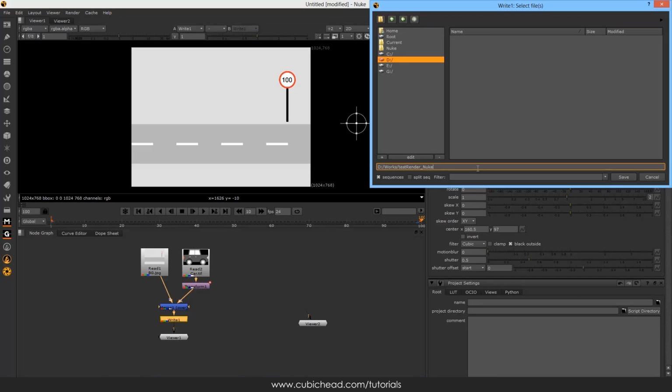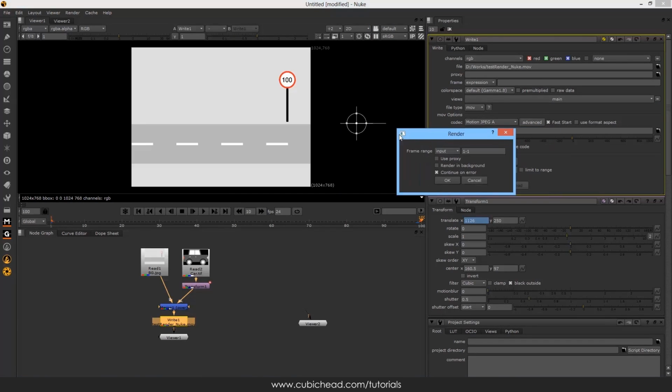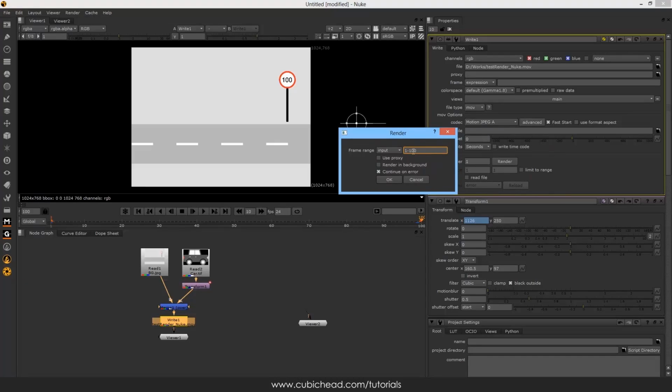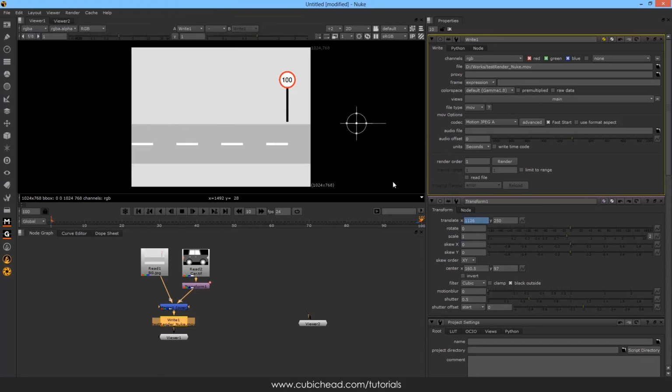Make the file type here as well, so it creates a move file. To render that, I click render and assign a range of frames to be rendered. Okay, I hope you realize how much it took for this